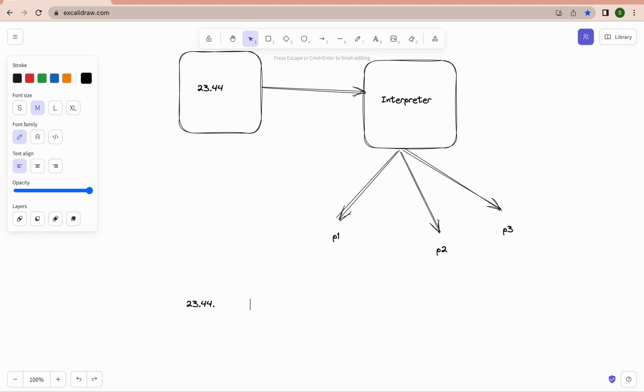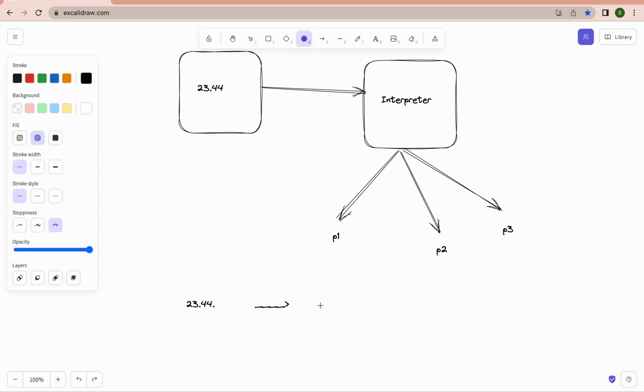Let me make a parsing tree for that. I'm making some circles here.